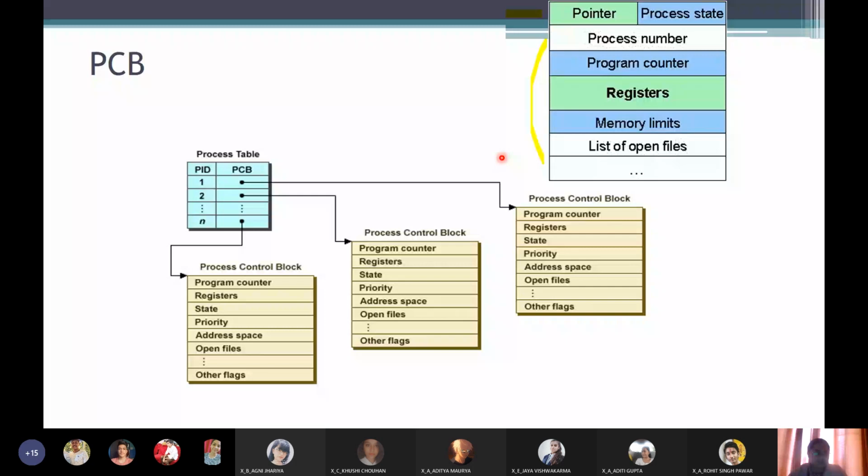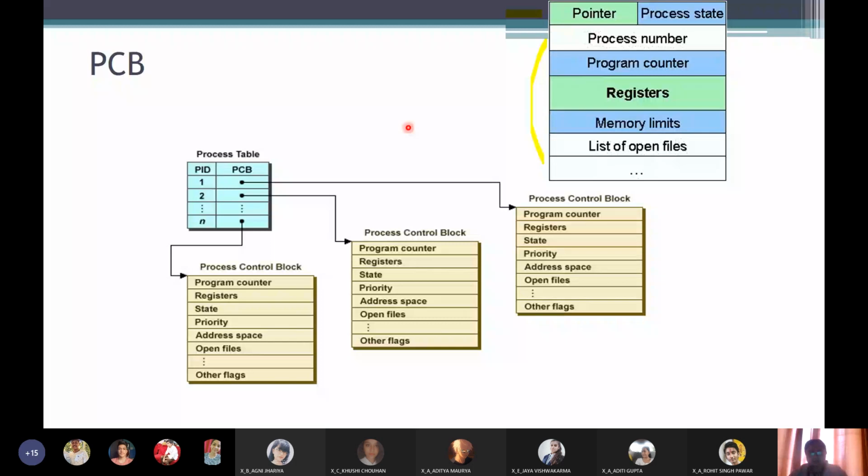Like process 1, this is the PCB, process 2, this is the PCB, process N, this is the PCB. So this is how the operating system keeps track of the different processes. The moment one instruction has been fetched for execution, the program counter automatically increments by 1, and now it points to the next instruction.